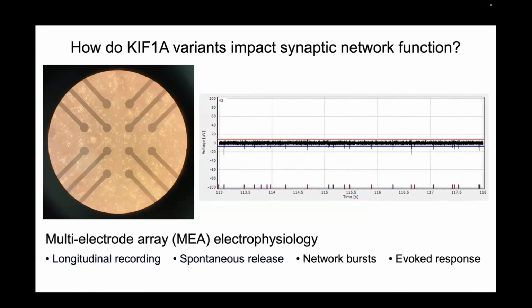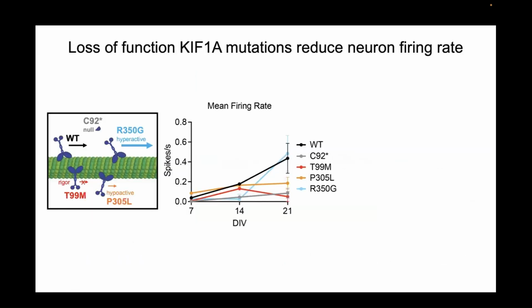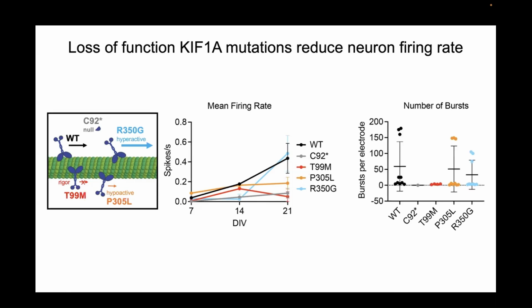So the fact that I can grow these and get this kind of data is really exciting to me. And we can quantify this, and we see that, again, we're seeing this different grouping of variants in how they're reacting, where with these three loss of function variants, you're getting a decrease in its ability to spontaneously fire. Whereas really for that hyperactive mutant, in the assays that I've done, it's not really altering its functional ability,